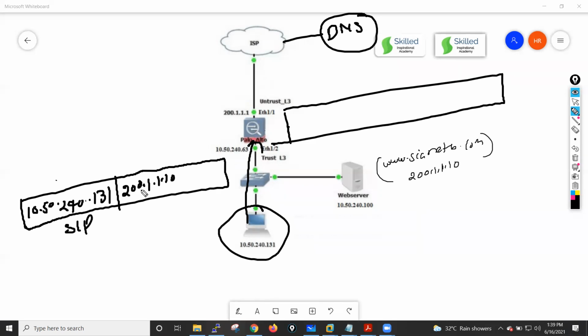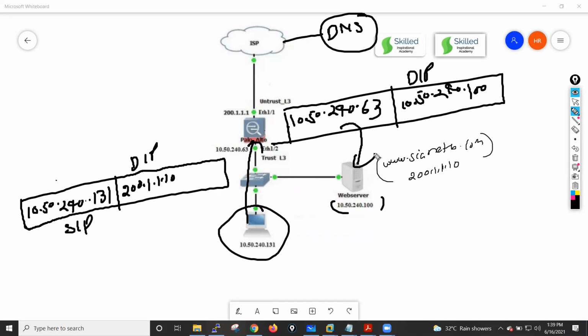Palo Alto translates the destination IP to 10.50.240.100. My Palo Alto firewall also translates the source IP address with the interface IP, which is 10.50.240.63, and this packet reaches this server.